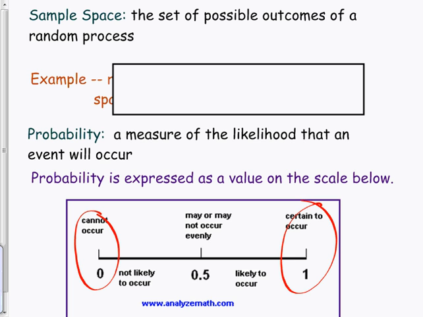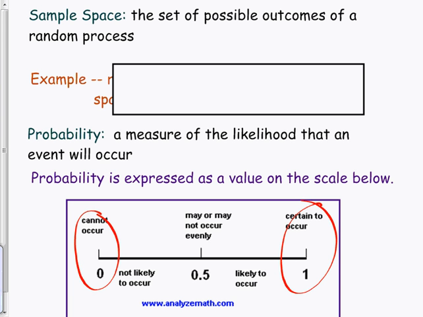But when you start doing theoretically, like with this die, my probability of rolling a number between 1 and 6 is pretty much certain. And on the other hand, the probability of rolling an 8 is pretty much cannot occur. All right, so again, there's a lot of things in life, though. Very, very few things are certain to occur or cannot occur. A lot of things are somewhere in between.